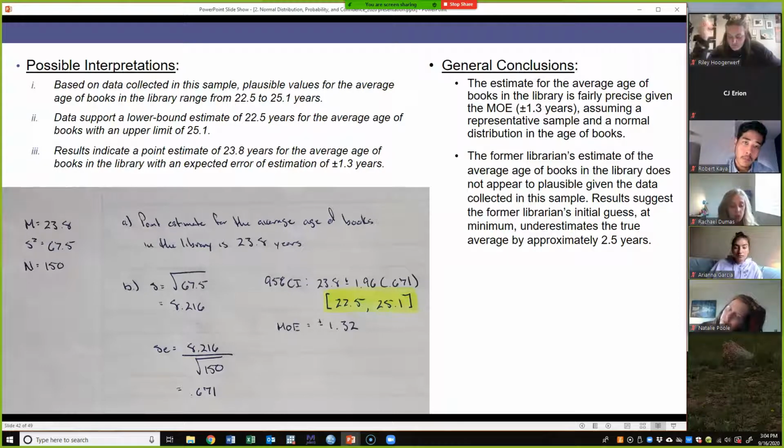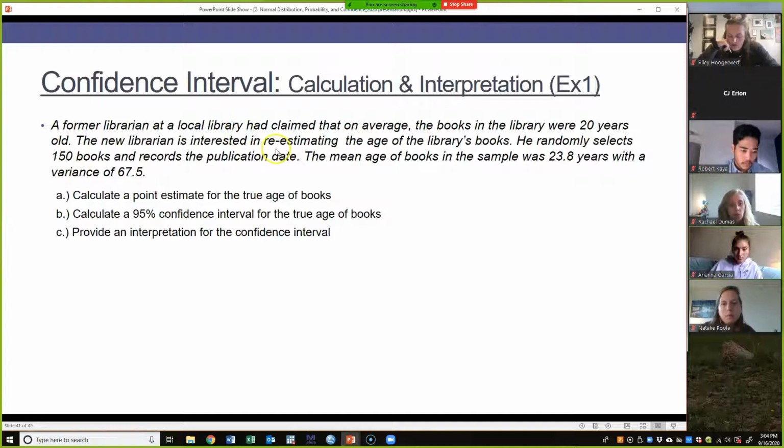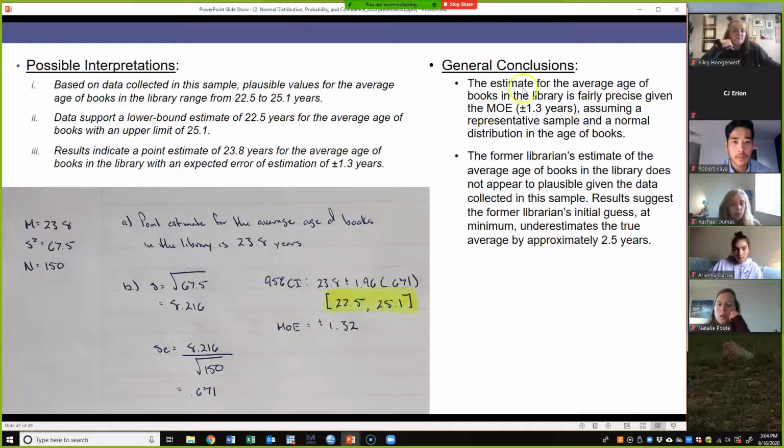Okay. So general conclusions. Remember that we're not just doing this to do stuff, right? If we go back through, we see that the whole purpose of this was to try and say, okay, the old librarian says the average age of the books was about 20 years. We want to go through and see, is that reasonable, right? So if I'm taking a look, some things that I can draw from this, we could say